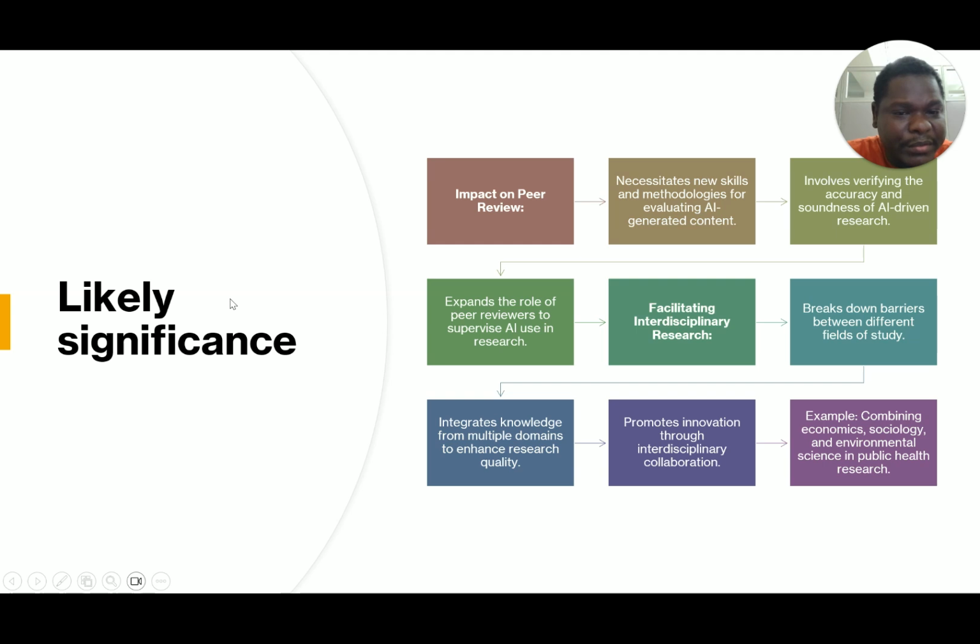There is also going to be an impact on peer review that will require new skills and methodology for AI-generated content, verifying the accuracy and soundness, and expanding the role of peer review, and then facilitate interdisciplinary research, which breaks down barriers between fields of study. That comes down to integrating knowledge from multiple domains, promoting innovation through interdisciplinary collaboration. So that can be in the form of combining, for example, different fields such as economics, sociology, environmental science, public health research, which can be a very good use and a very good likely significance that these GPT-4 tools can